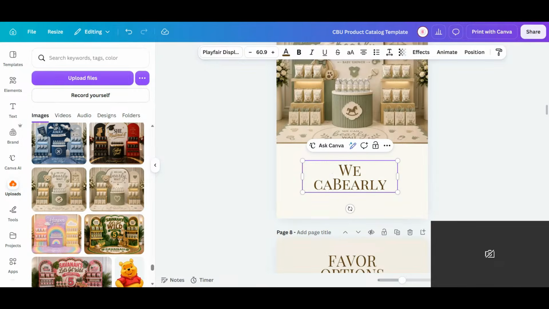Oh, hold on. Even when it's not capital, it's capital. So let me fix it. We can barely